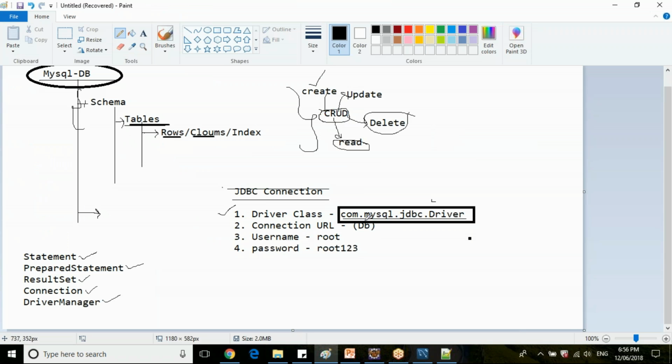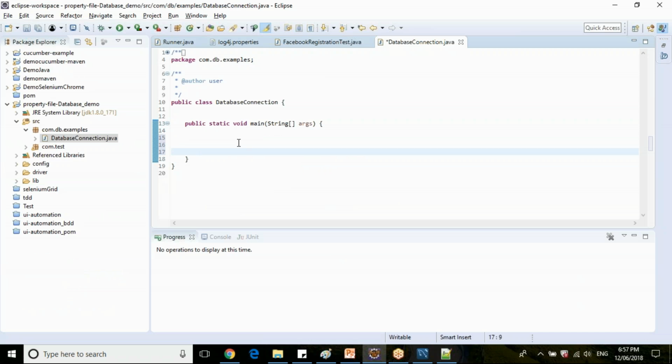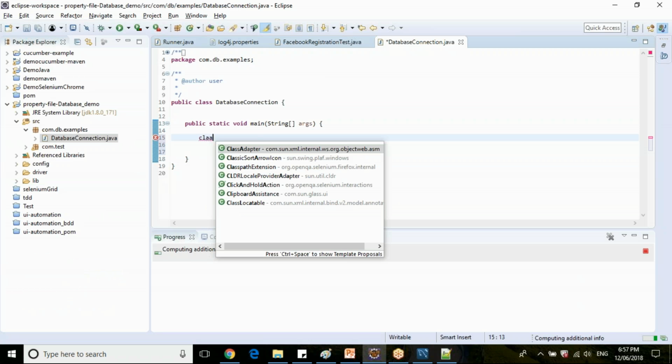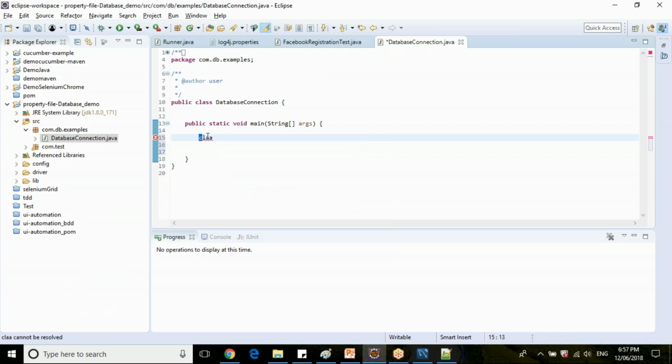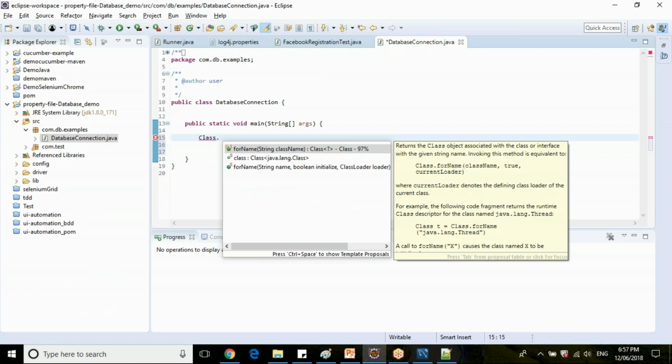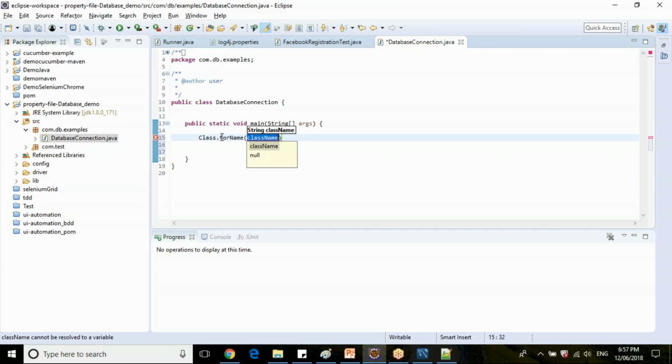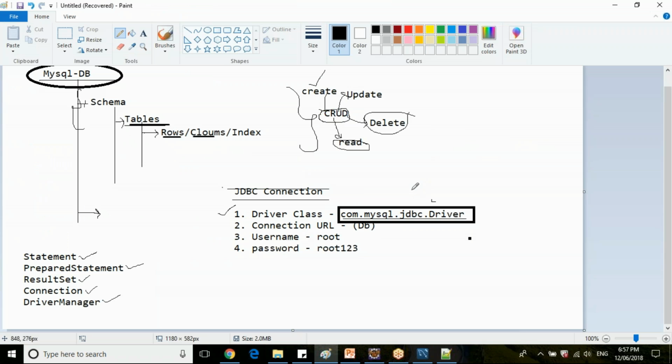You can initialize your driver with com.mysql.driver. So this is the value. You can write Class.forName, and what is the class name? The class name is this one, and this is the string.